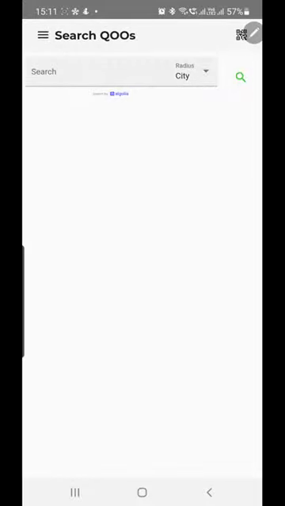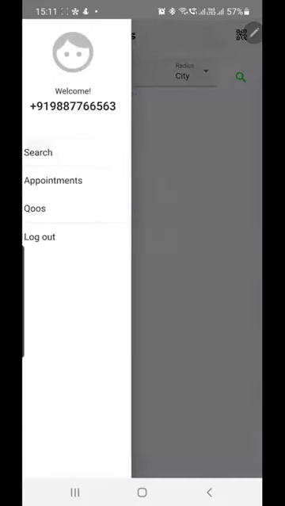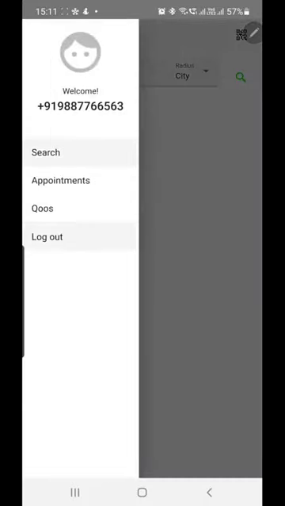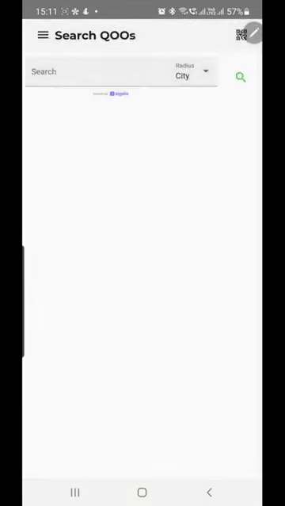All right. So as you can see, this is your landing screen. That is your search screen. This is obviously after you log in. So if I have already logged in, so you log in using your phone number and an OTP, and you log in. Okay. And once you log in,